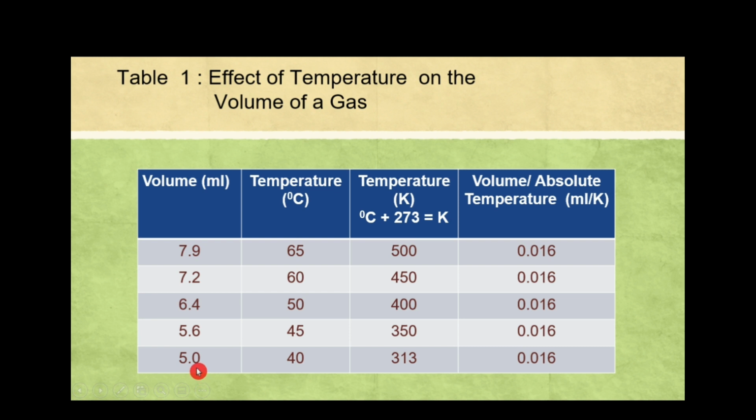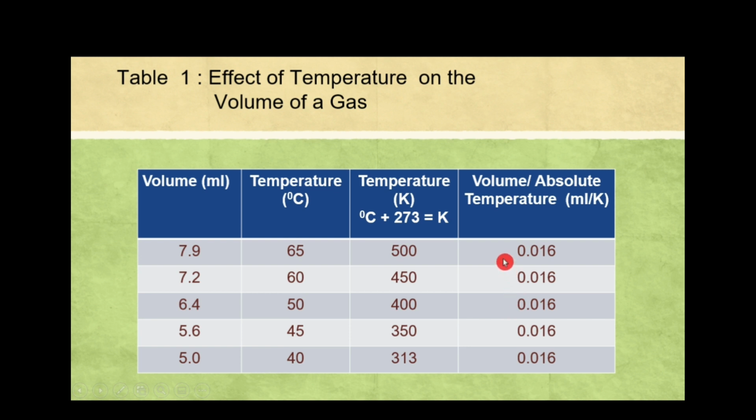And the last one, we have 5.0 divided by 313. Still, the answer is 0.016. Since we have the same answer when we divide volume with temperature expressed in Kelvin, it means that there